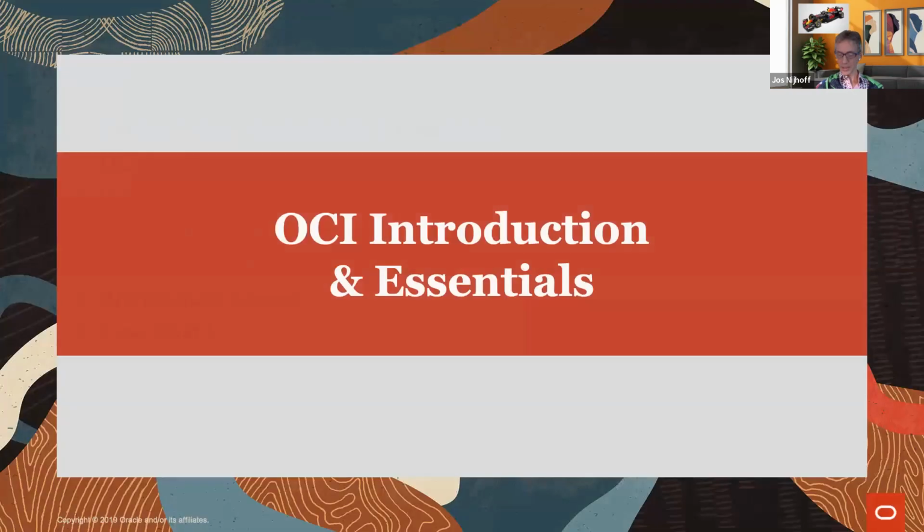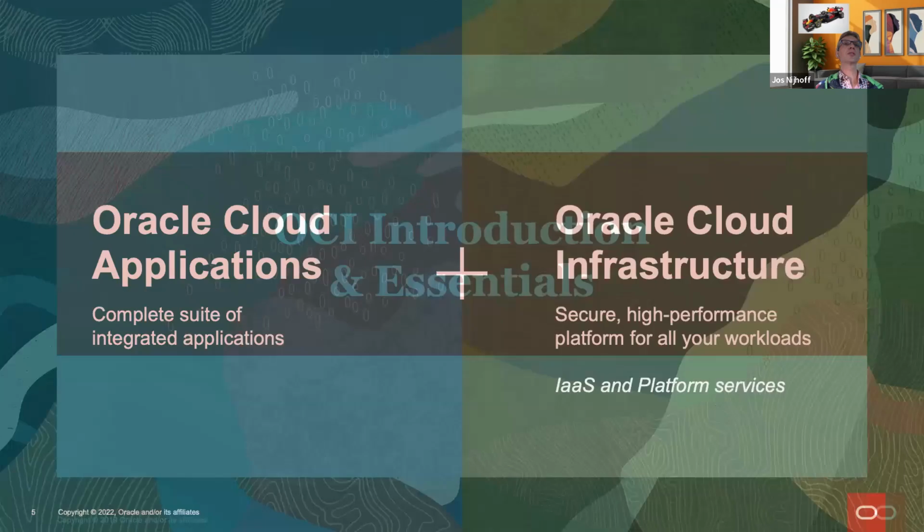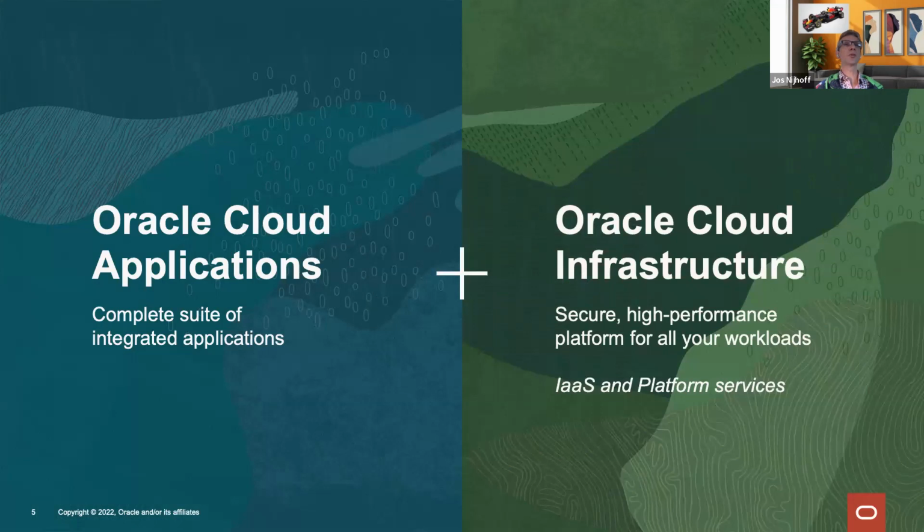Okay, let's just get going quickly. Introducing Oracle Cloud Infrastructure. So Oracle is a cloud company, and has been for a long time. We started with Oracle Cloud Applications, so software as a service, but since at least 5 years, since 2017, we have a really nice platform called Oracle Cloud Infrastructure, which is a second generation cloud. It's the newest cloud around,